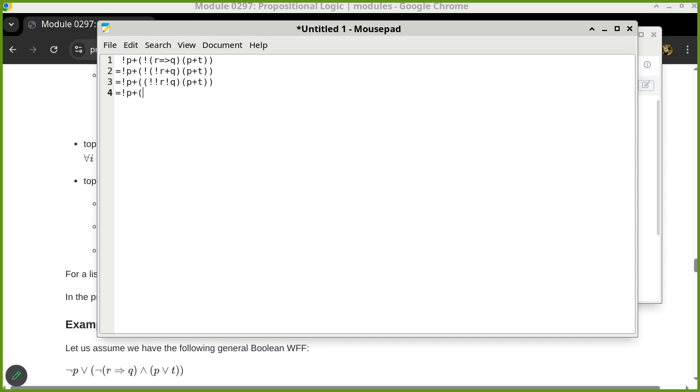So now I simplify. This is R, not Q. Because I prefer things to be in alphabetical order, it is Q first before the R: P, Q, R. Yep, that's right. And then P or T at this point. Now I need to somehow turn this into a CNF. Now not P is outside. So now I look at this. I have two ways to apply